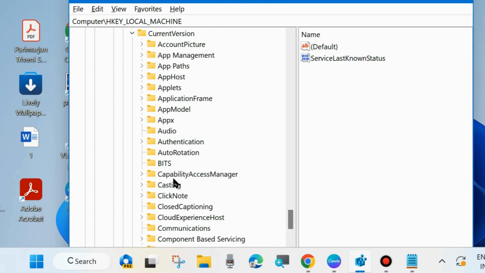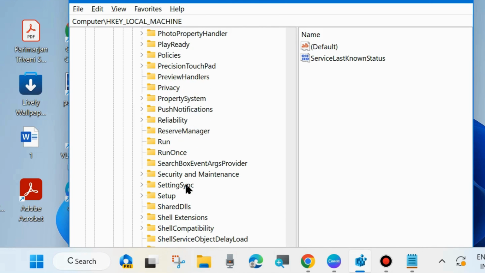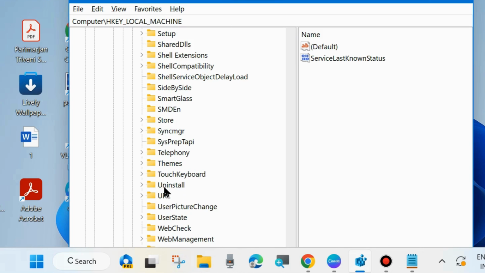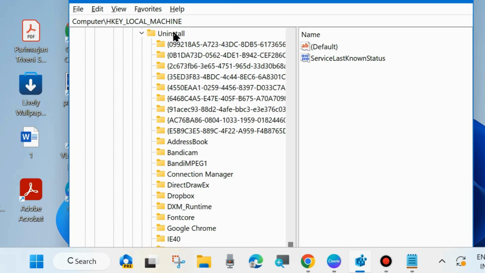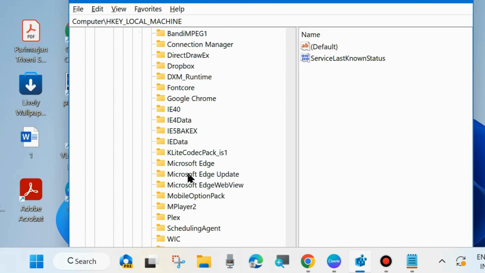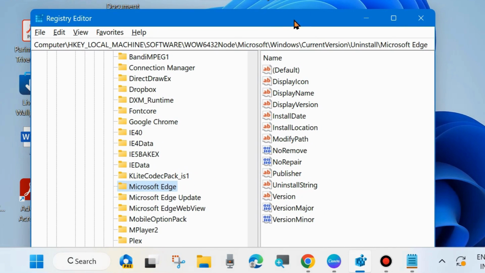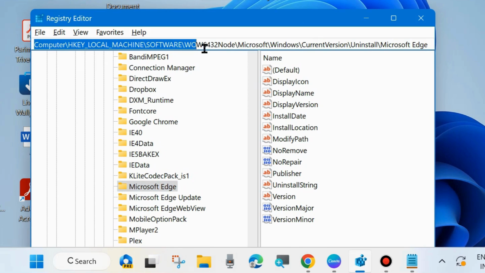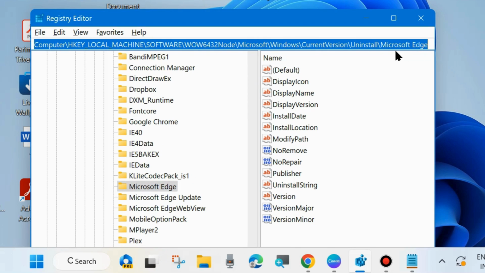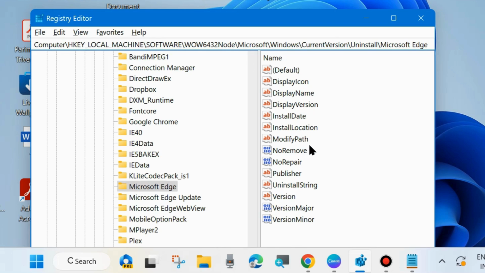Here go to Uninstall, expand it, and look for Microsoft Edge under the Uninstall key. Select it. Now go to the address bar. You will have to proceed with Computer, HKEY_LOCAL_MACHINE, Software, WOW6432Node, Microsoft, Windows, CurrentVersion, Uninstall and Microsoft Edge. But before any changes in